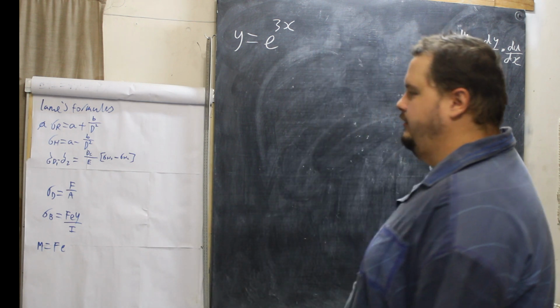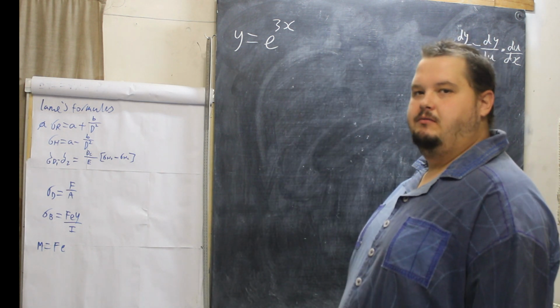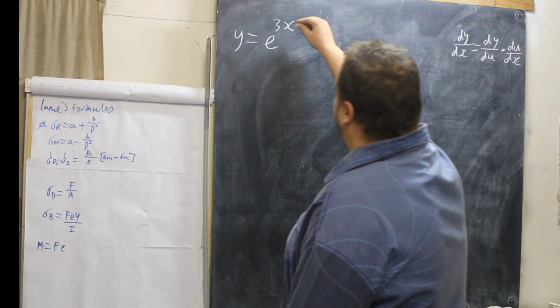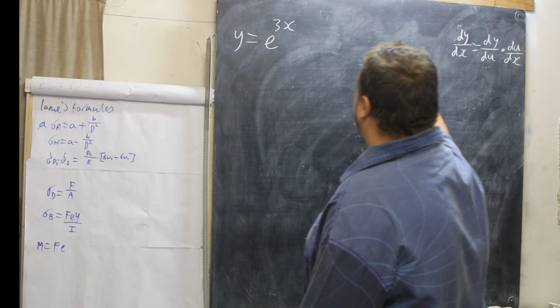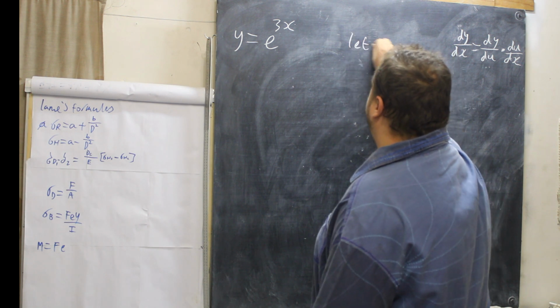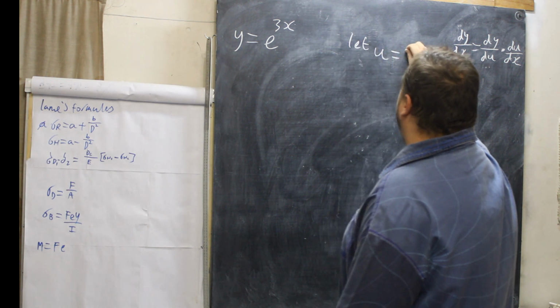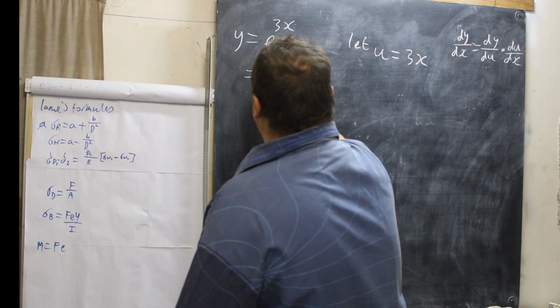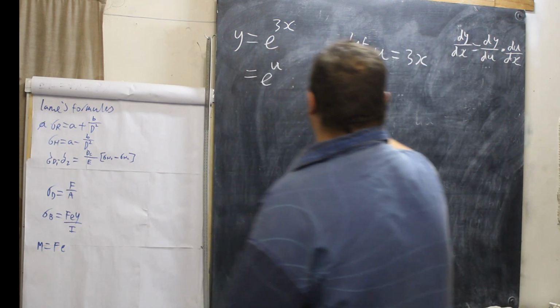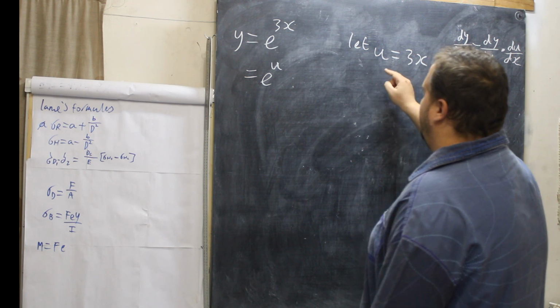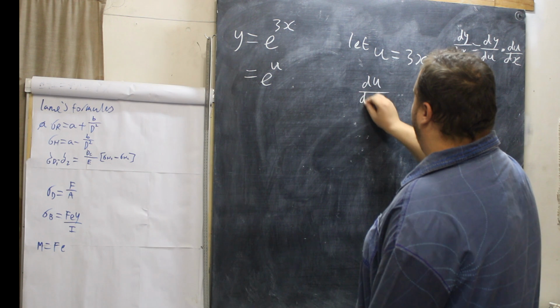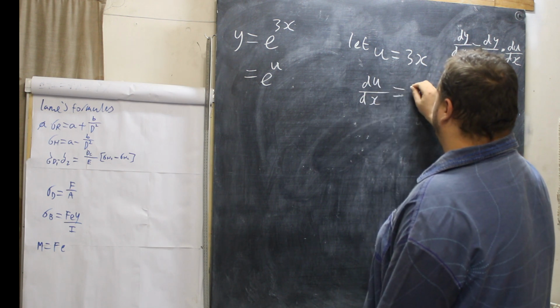The basic premise of the chain rule is u substitution. So we're going to u substitute 3x. Let u equal 3x. Right, so now we have e to the u. Now, let u equal 3x, so du over dx is equal to